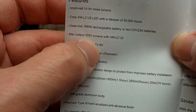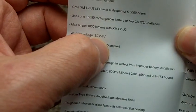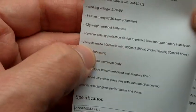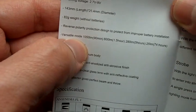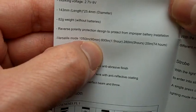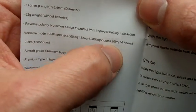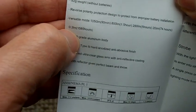Maximum output of 1050 lumens with XML U2. Working voltage 2.7 to 9 volts. 143 millimeters length, 25.4 millimeters wide, 82 grams weight. Reverse polarity protection. Versatile mode. You have here the different modes. You have the maximum mode of 1050 lumens for 90 minutes. That's a good amount of runtime actually. 800 lumens for 1.5 hours, 280 lumens for 5 hours, 20 lumens for 74 hours, and on Firefly or Moonlight mode you have 0.3 lumens for